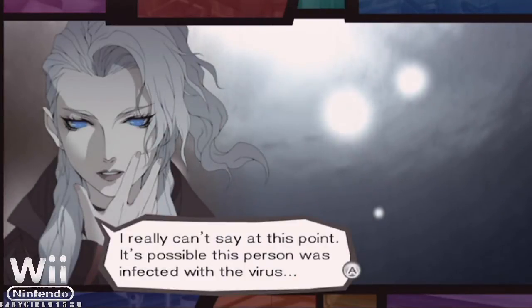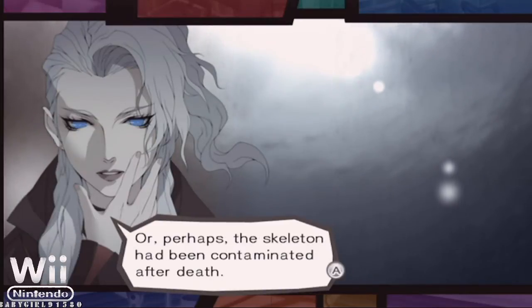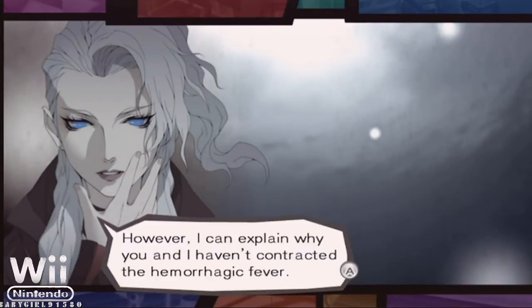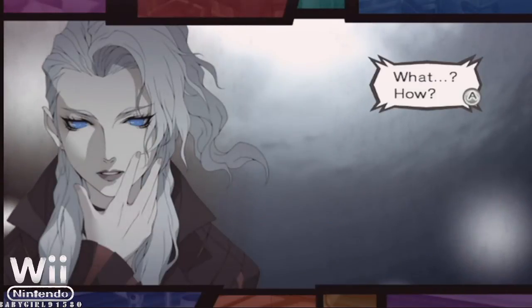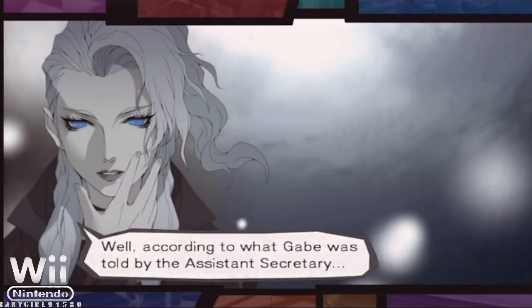It's possible this person was infected with the virus. Or perhaps the skeleton had been contaminated after death. In any case, we'll need to continue investigating this in more detail. Right. However, I can explain why you and I haven't contracted the hemorrhagic fever. What? How? Well, according to what Gabe was told by the assistant secretary,